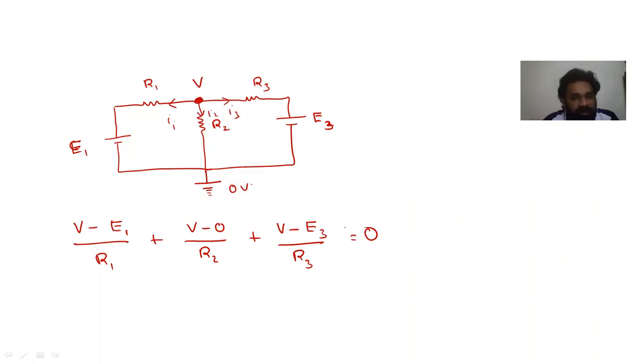If we find voltage, what is this? This is I1, this is I2, and this is I3. This is equal to 0. This is what we have done here. So if we get I1 or I2 or I3 as negative, the indication is that the direction we have taken is wrong. We should take the opposite direction. That is the only thing. Here, every current we have considered as leaving current. This is a sign convention we have taken. Okay, definitely one current will be entering.